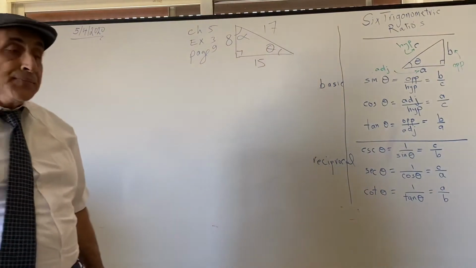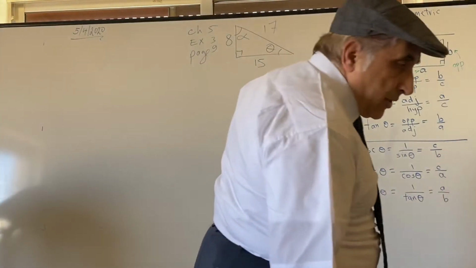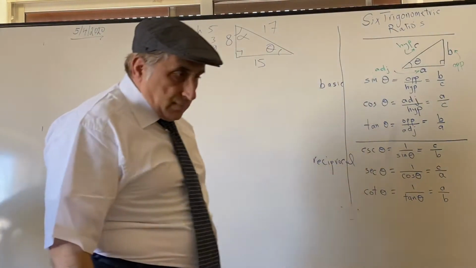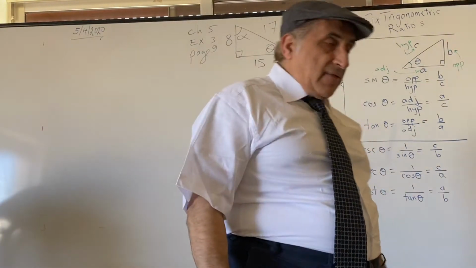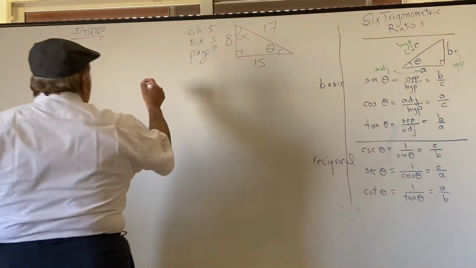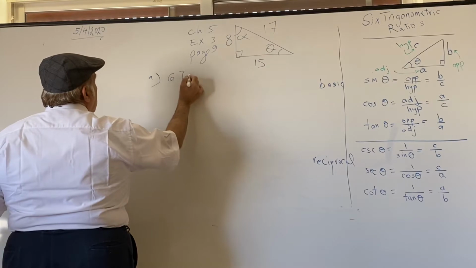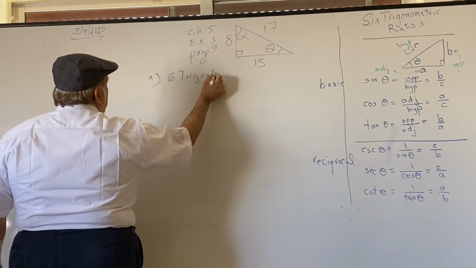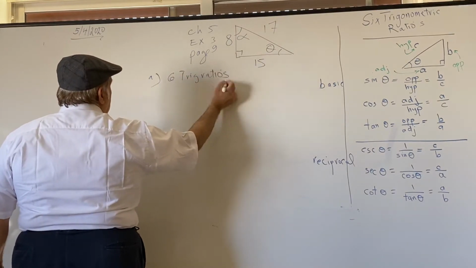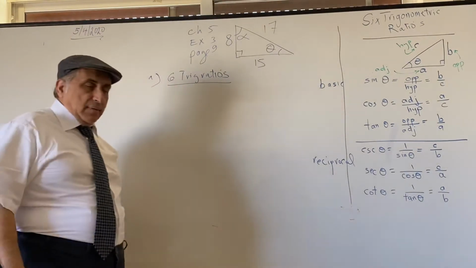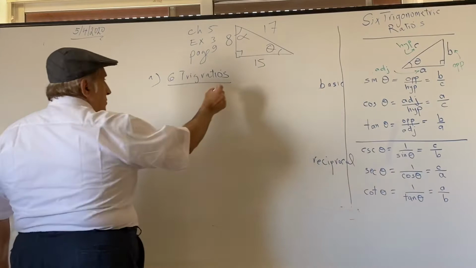Now what is the question looking for? He wants to find the 6 trigonometric ratios in fraction form. So part A, we want the 6 trig ratios. He didn't explicitly say for which angle, but if I choose